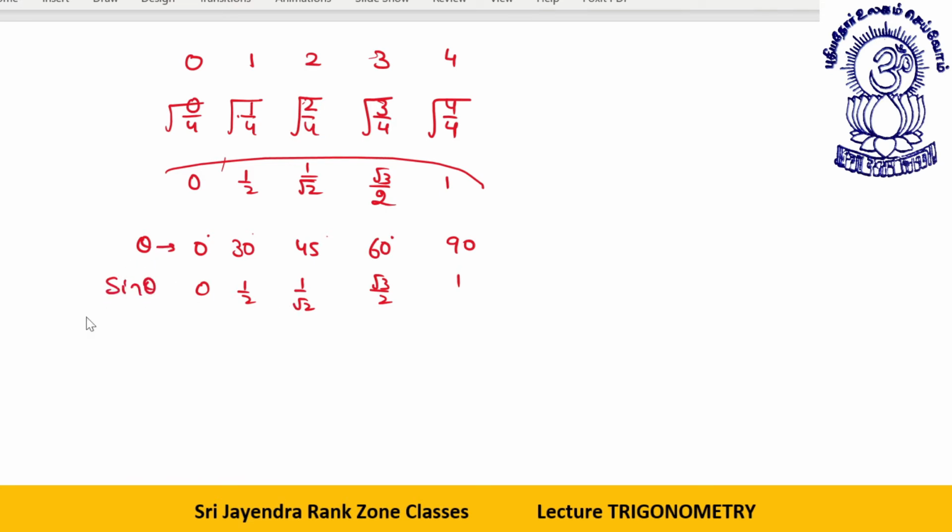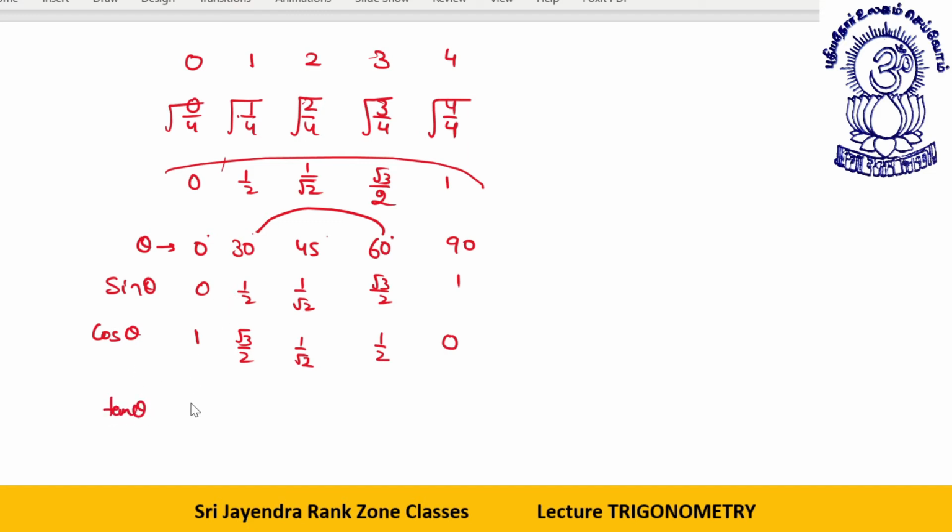Sine theta for these values will be like, cos theta will be what? I will write these values in the complementary manner. 0 complements with 90, so the value at sine 90 is 1. That will be at cos 0 degree. Complement of 30 is 60. So sine half will be equal to cos 60, that is 1 by 2. Similarly, sine of 60, complementary of 60 is 30, will be equal to cos 30. That is root 3 by 2, 1 by root 2, 0. What I have done, I have written these values in reverse order. That is 1, root 3 by 2, 1 by root 2, 1 by 2, and 0.